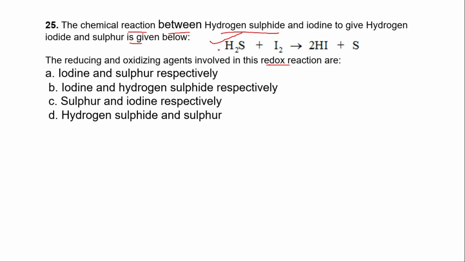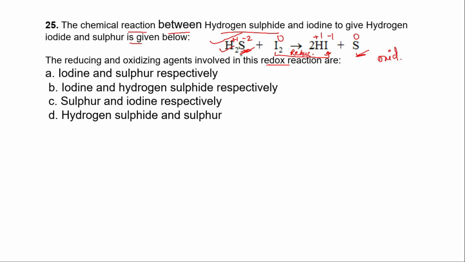So what you have to do, simply mention your oxidation states. So this is your oxidation state, right? +1 and -1, and I have already explained to you how to identify the oxidation state. So there is no change in hydrogen, right? But there is a change in sulfur and iodine. So whenever you say iodine is getting -1, that means this is a reduction reaction, and here from sulfur -2 to sulfur, it is an oxidation reaction, right?